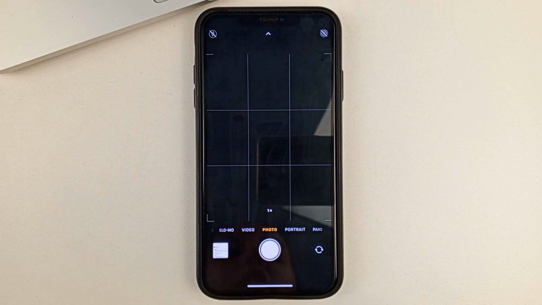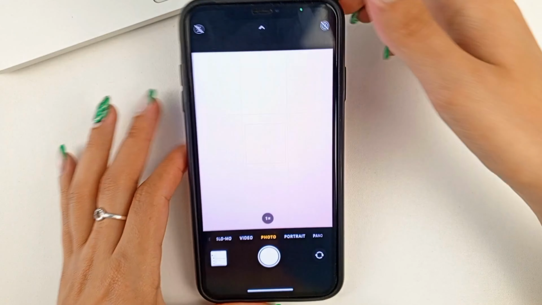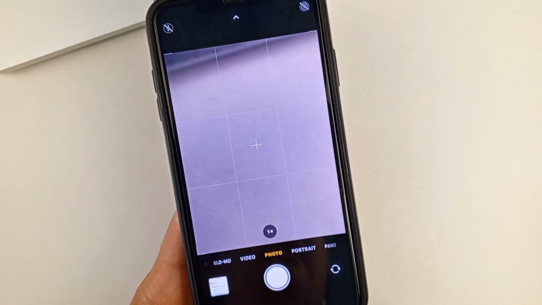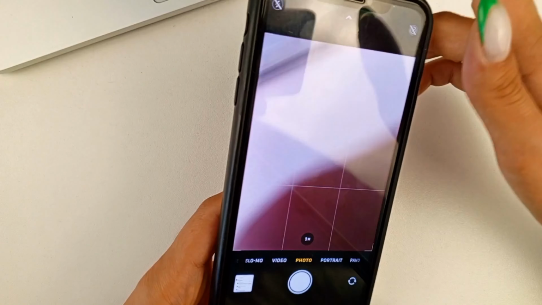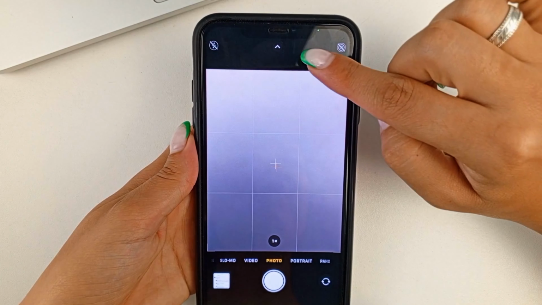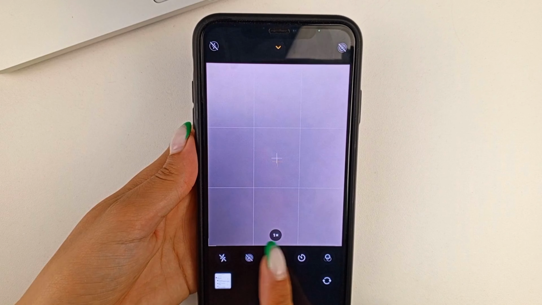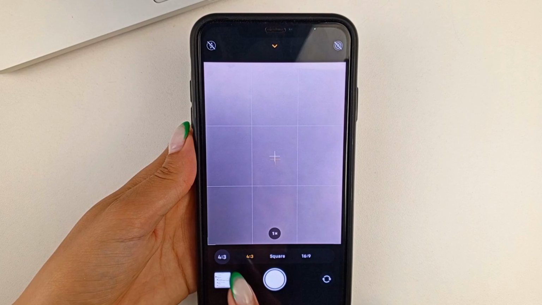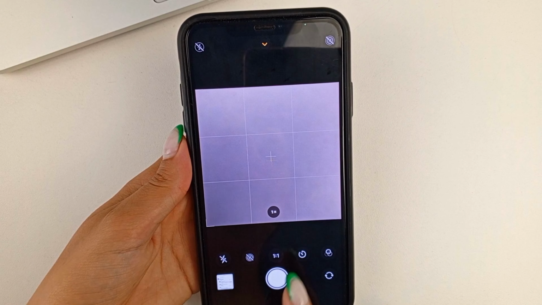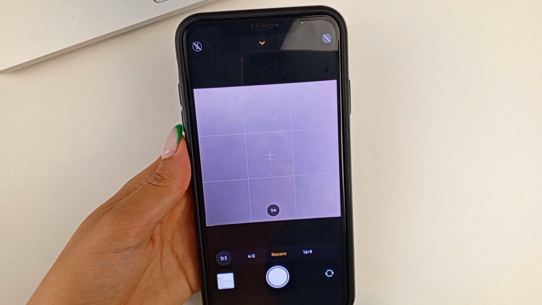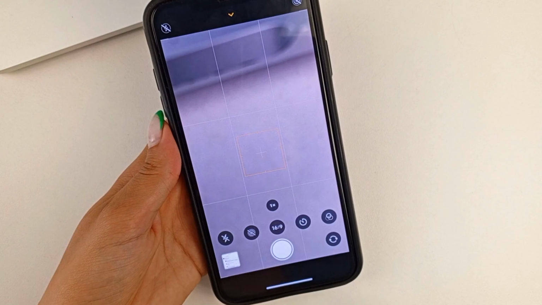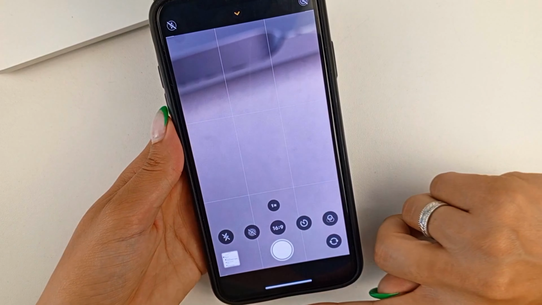So friends, I'm going to show you in general how it's full screen mode. So look, when you open the camera, it always looks 3x4 in size. That's the default settings of the camera. And if you click at the top on this sign here, then you click on the size selection, you'll have several options. So the standard 4x3 option, also square, and then there's also a 16x9 option here. This is called full screen mode, so as you can see, it's quite a big increase in the size of the photo.